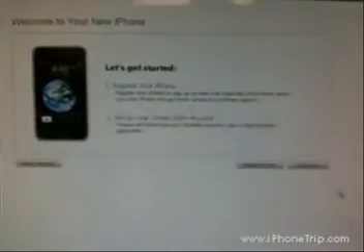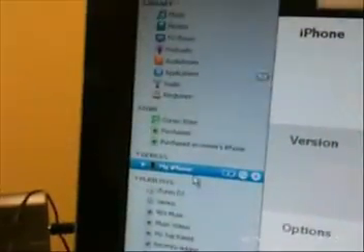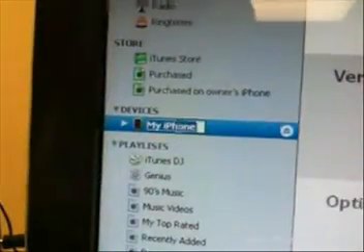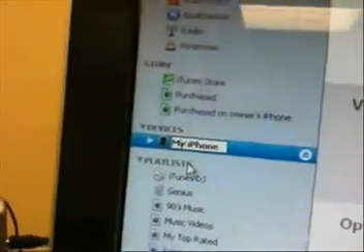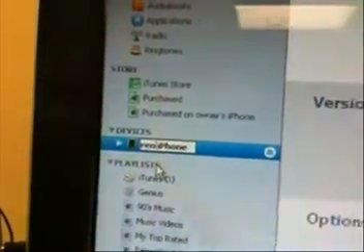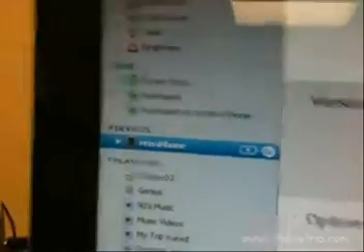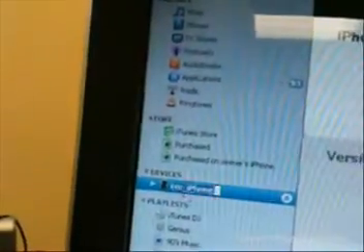Let's go to iTunes. Here once again press Register later. And now go to the Devices section, and then we can see that all data and all settings are restored, and even the name of this iPhone is my iPhone. So I have to change this name to its original name, rented iPhone. This way iTunes will back it up under its original name, and it will not mix up with my old iPhone backups.